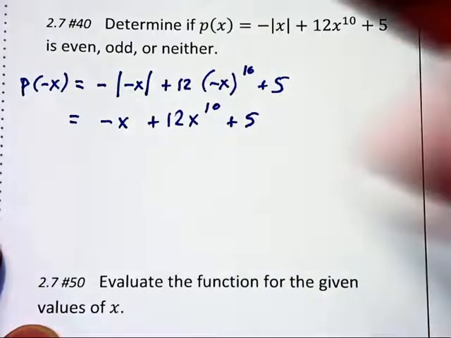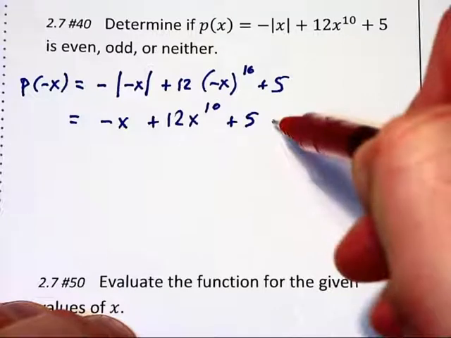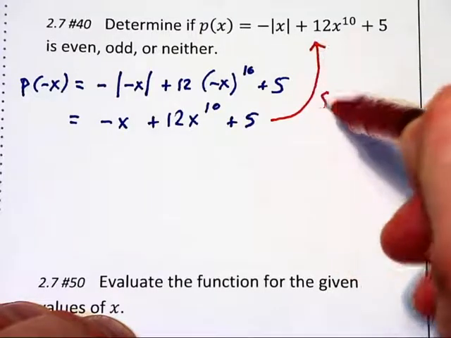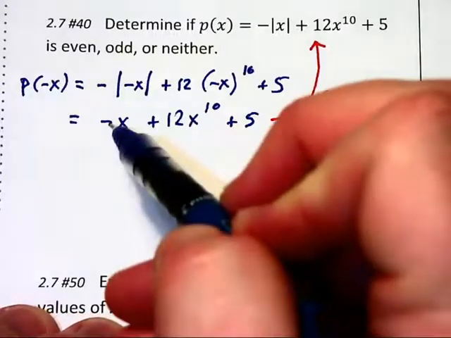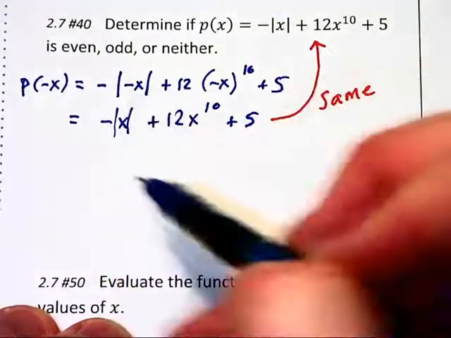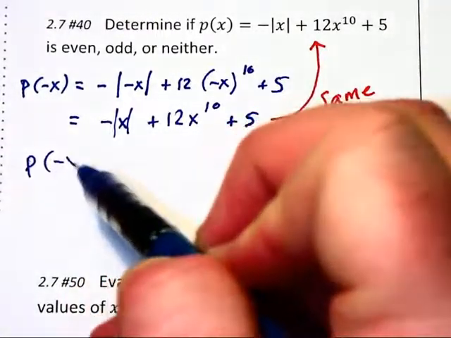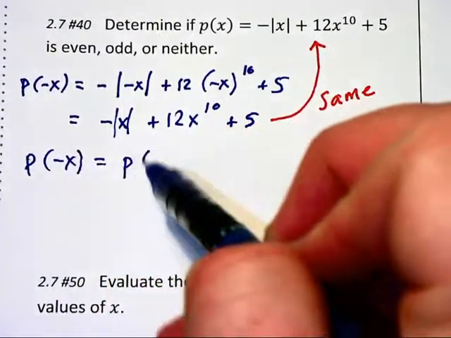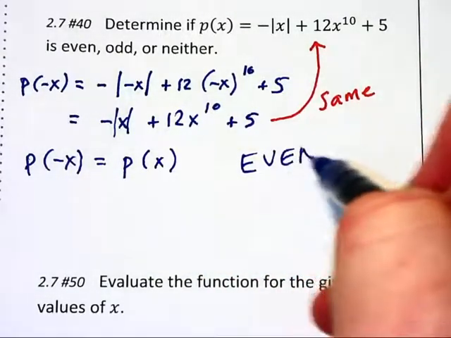Now we take a look at this and we ask, is this the same as what we have up above? And the answer is yes, it is the same, and I probably should leave some absolute values on this x, and we can see it a little bit more easily there. Since p of negative x is equal to p of x itself, that tells us this graph is an even